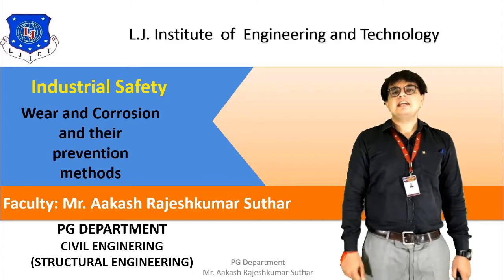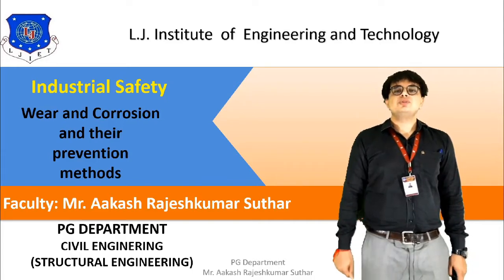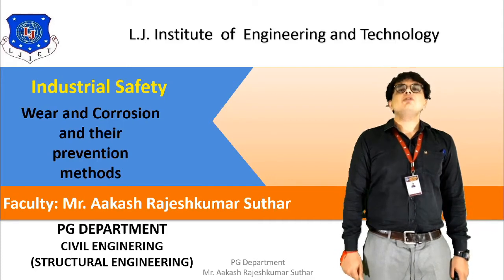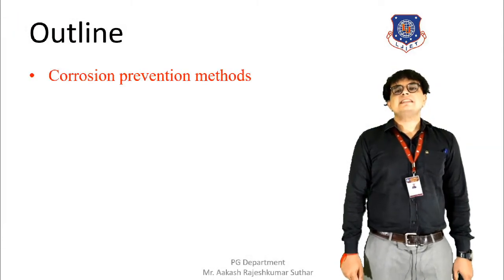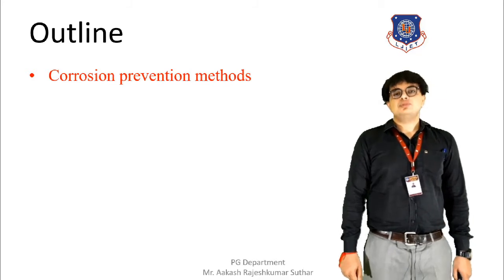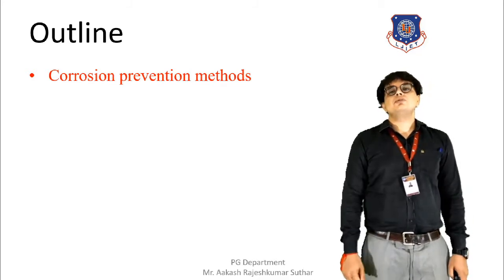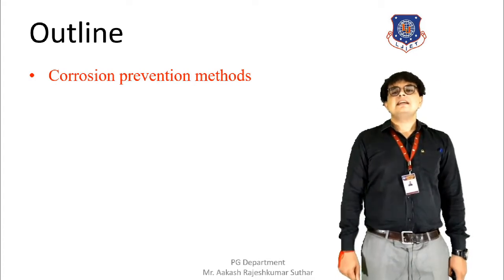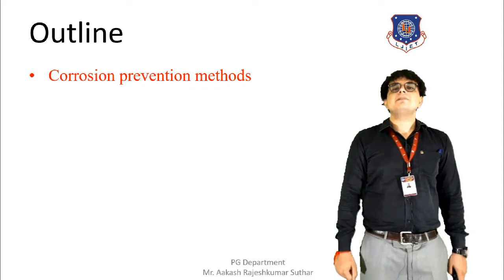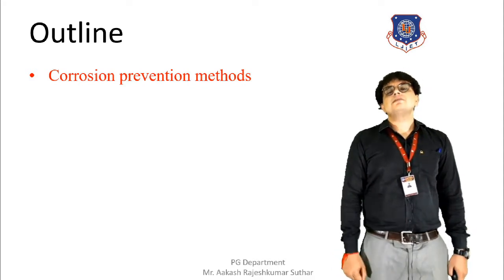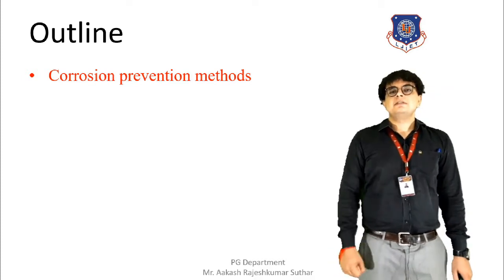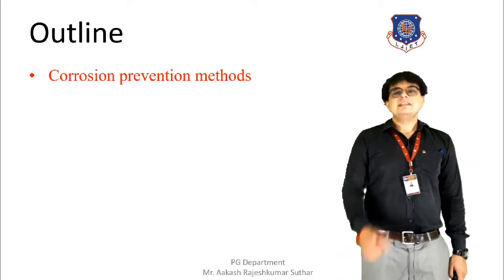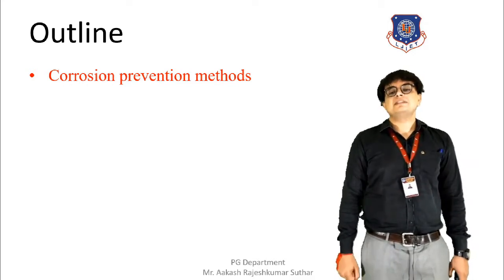We have discussed different types of corrosion. We have defined the corrosion. Now we are in the topic of the methods of prevention of corrosion. So let's start with today's session. Basically the outline of this session is prevention of corrosion. Different methods are there for the prevention of corrosion. In the previous session, we have already started this topic. We have discussed many of the methods that reduce the intensity of corrosion. There are different methods that we will be discussing in this session. So let's start with the list of the methods that we are going to discuss today.